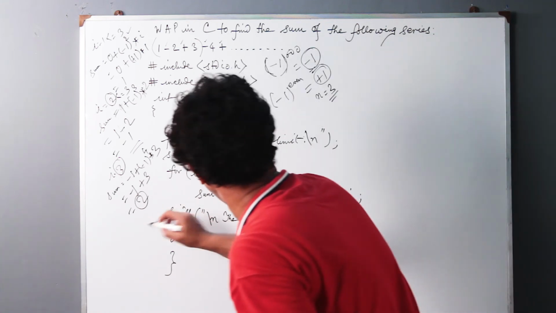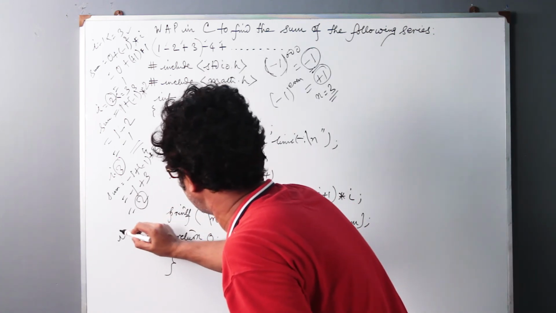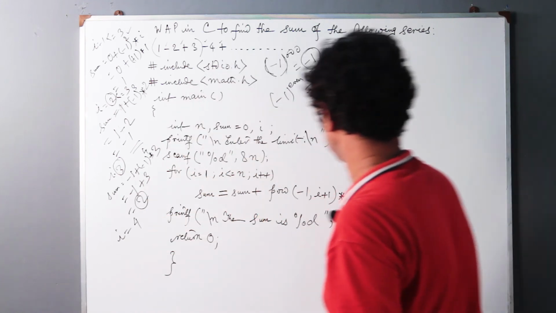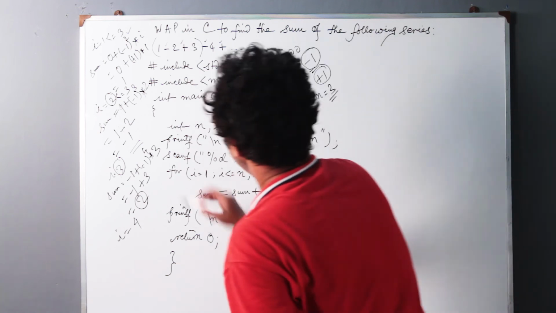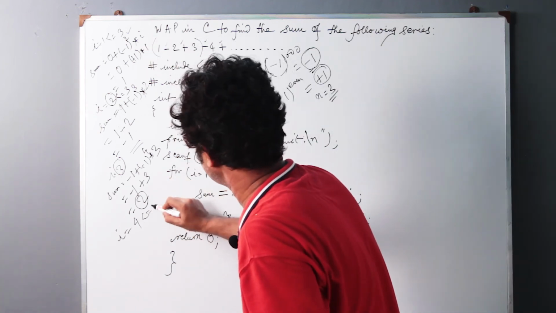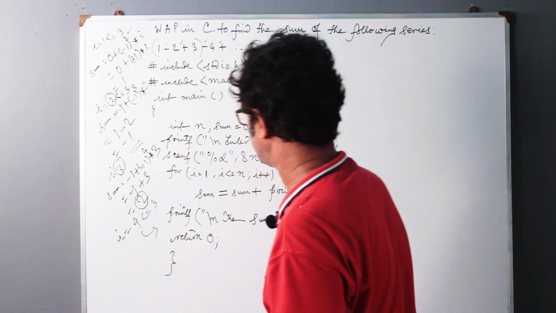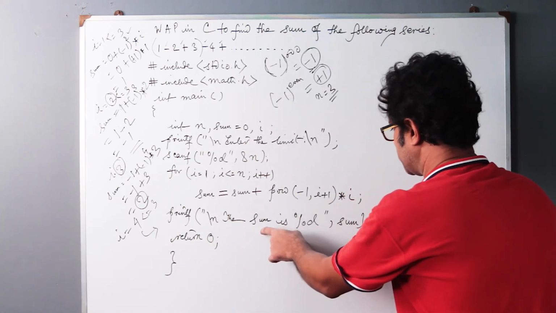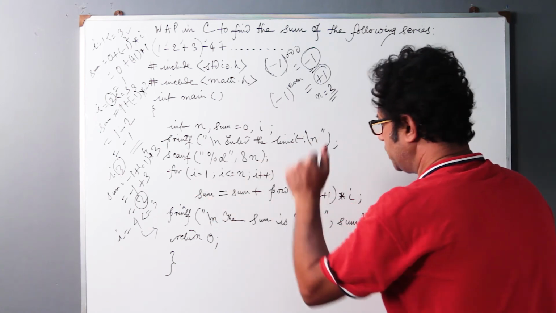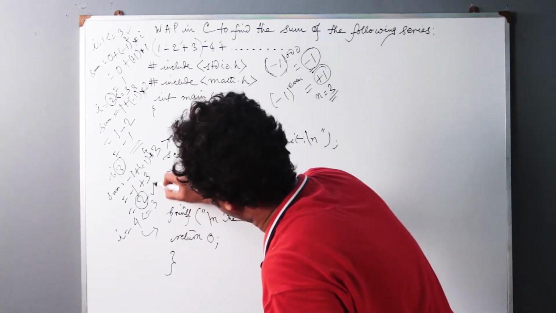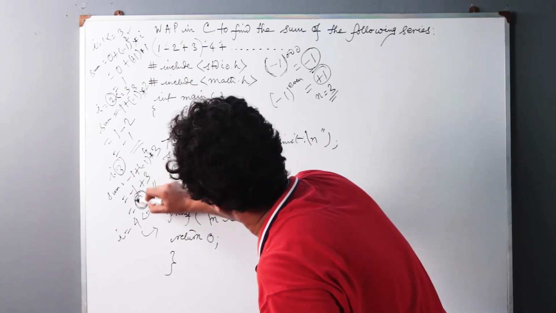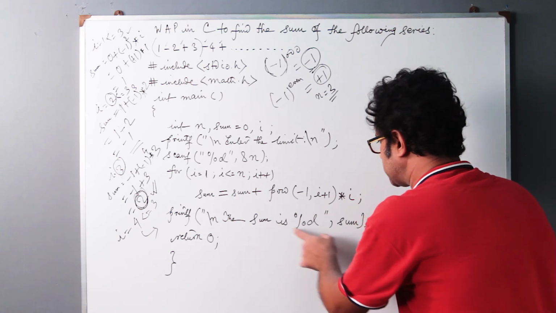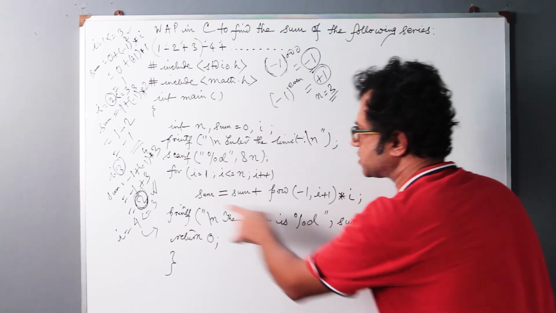Now let us increment the I variable yet another time. I is now 4, and 4 is not less than or equal to 3, so we go outside the loop. We come outside the loop and just print whatever the value of the sum is from the last iteration. That is, we get the value of sum to be 2 in the last iteration before we go out of the loop, and the sum is now %d, which means the sum is 2.